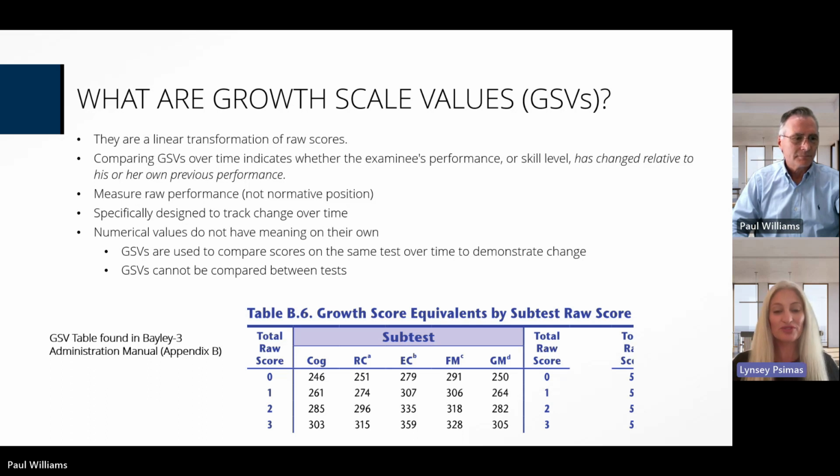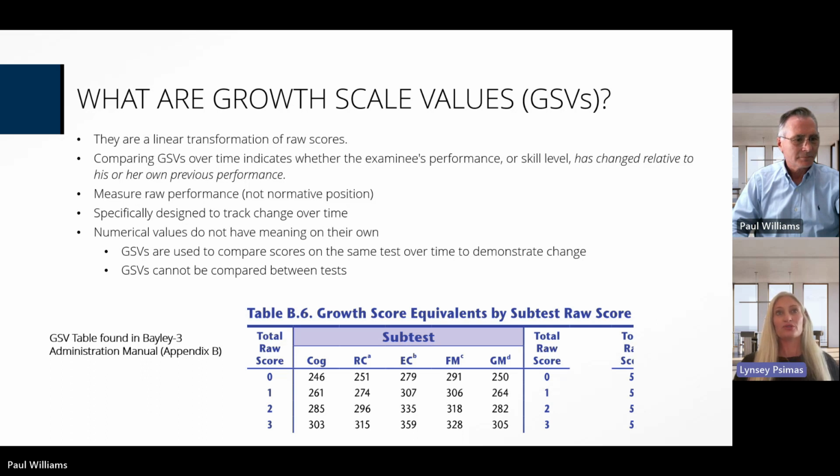These are a type of score, like a raw score, that represents the absolute performance on a test. So as an example, the number of questions that are answered correctly. These are not normative scores, so they do not tell how this person is performing against their same aged peers. These are specially designed to measure change over time, and their numerical values don't have any meaning on